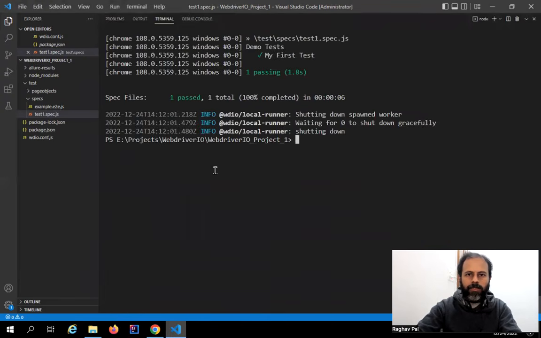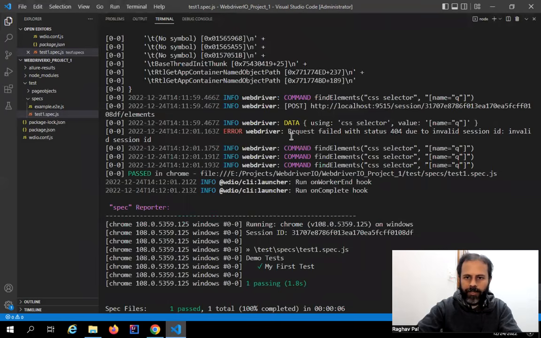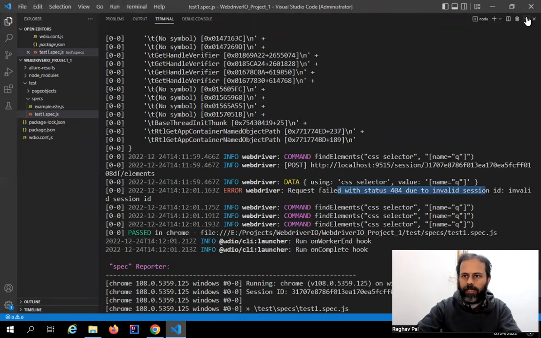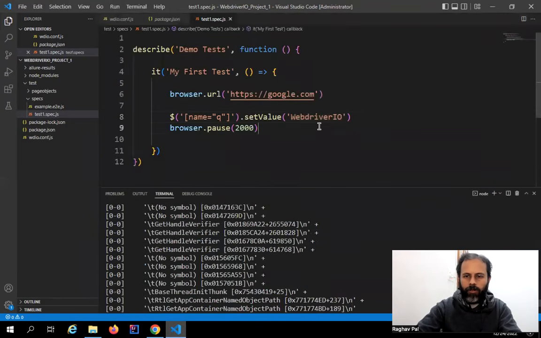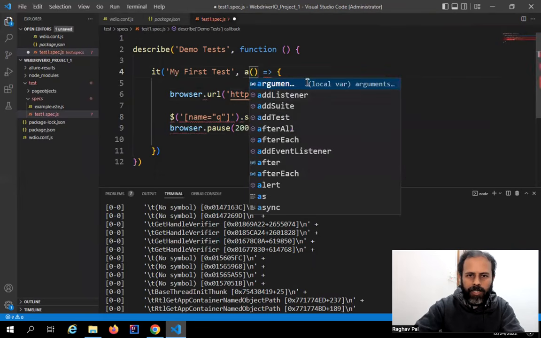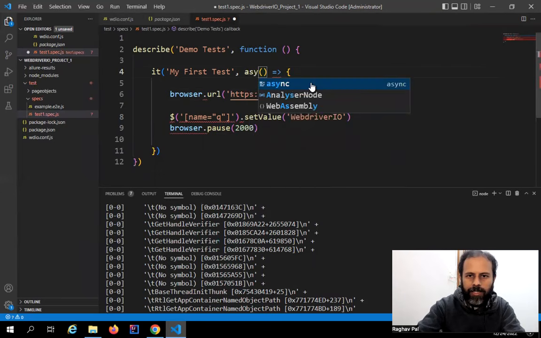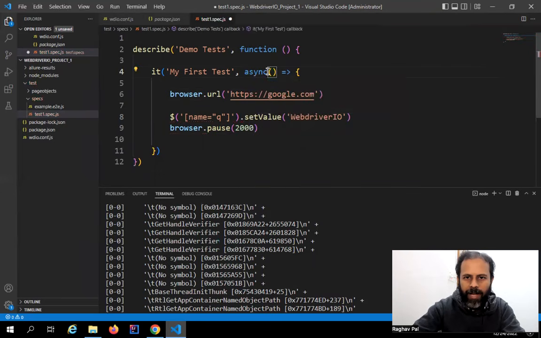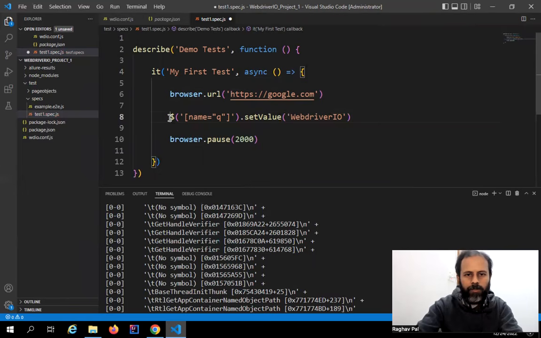Let me see. Yes, there was an error. It says request failed with status 404 due to invalid session ID. Invalid session ID, I believe in the latest version of WebdriverIO, we have to use async and await. So for that, just in the it block, declaration of it block, add the async command here, async function, and then where we are finding the object, we will give